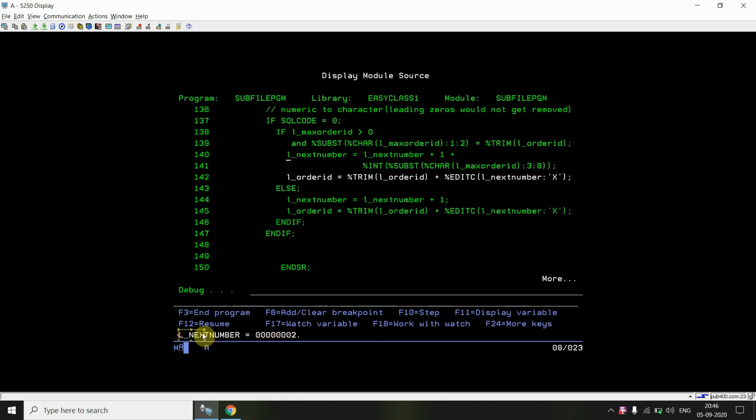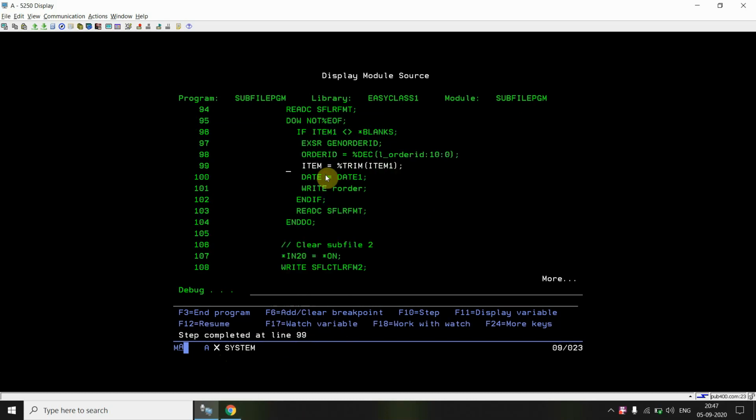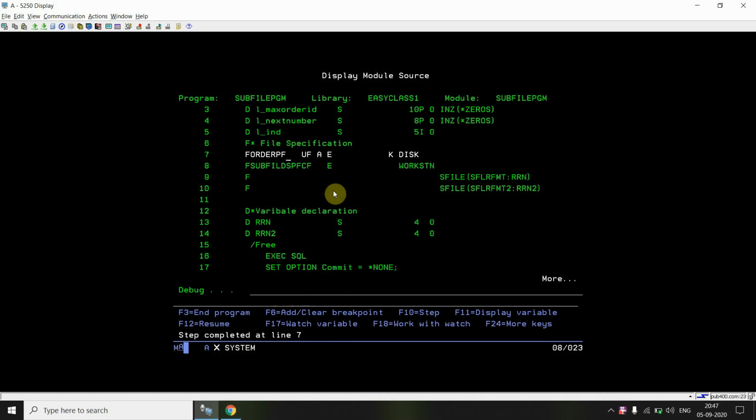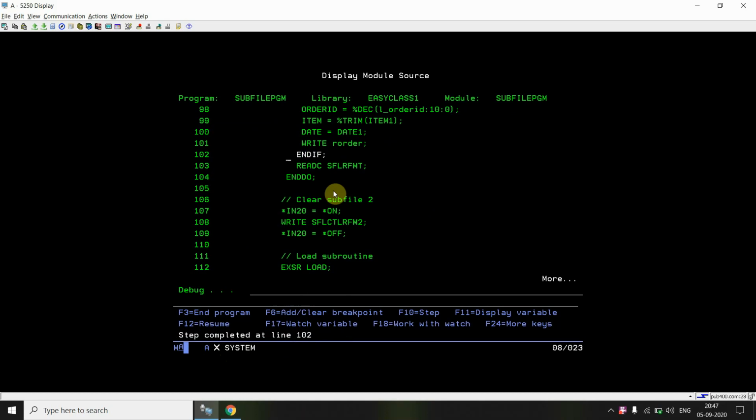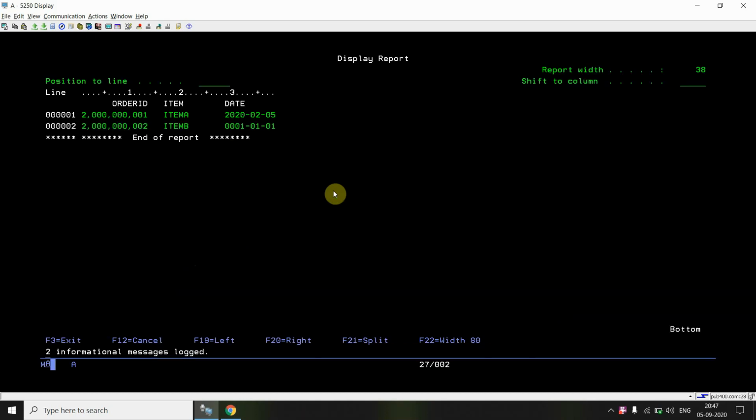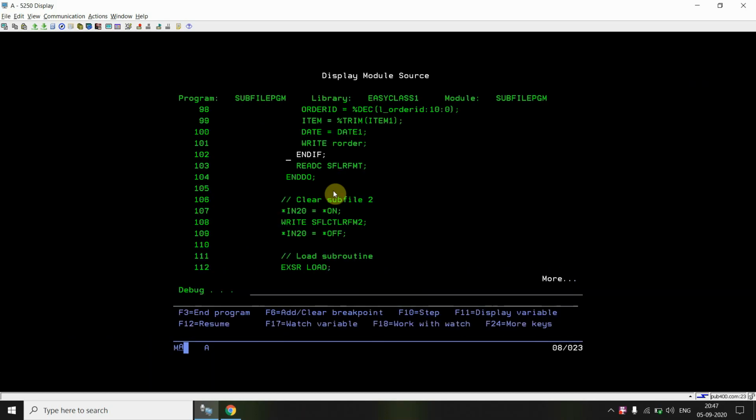So this is 8 characters in length. Now if I add, it will not suppress the leading zeros. So you can see the order ID is this one, the next auto incremented order ID for that particular year 2020. It will write that record to the file. Just check. Okay, the record is added.